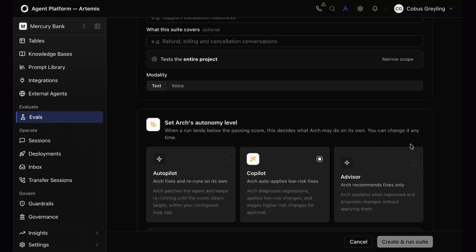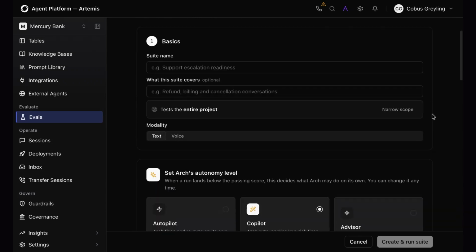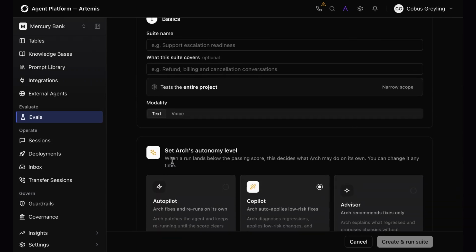I think the traditional way of testing applications and conversational user interfaces is going through the transcripts. So you've got all the conversation transcripts, and you need to step through them and find ways to optimize your application. The beauty of Artemis is it's got a whole evaluation suite, which I'm currently showing you on the screen. So you can use AI to help you.